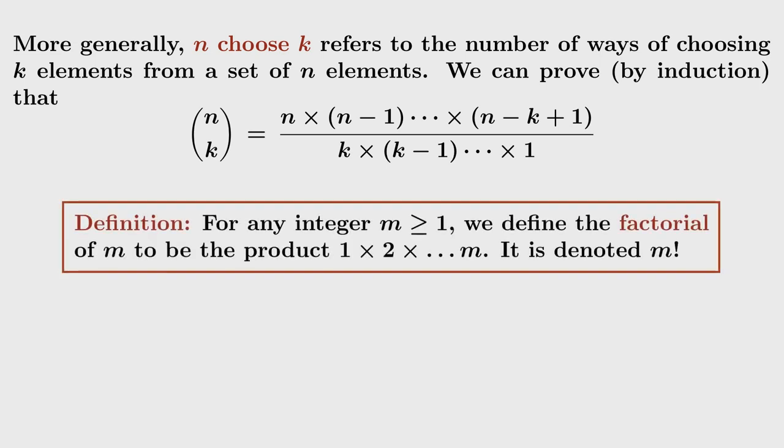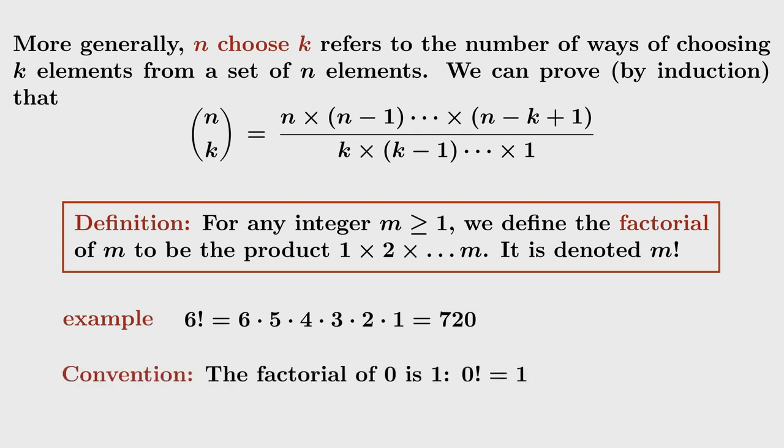It turns out to be convenient to write such formulas by introducing a certain notation called factorial notation. Here's the definition. For a positive integer n, we define its factorial to be the product of 1 times 2 times 3 all the way up to n. Now, the notation for this factorial of n is n followed by an exclamation mark. I know that's very dramatic for notation, but that's the way it is. For example, the factorial of 6 is 6 times 5 times 4 times 3 times 2 times 1, which is, of course, 720. By convention, the factorial of 0 is, by definition, 1.